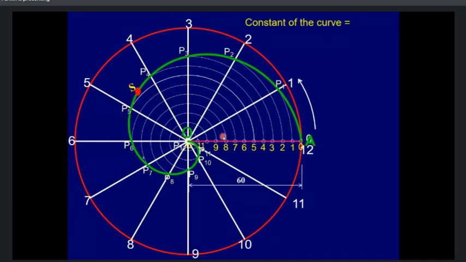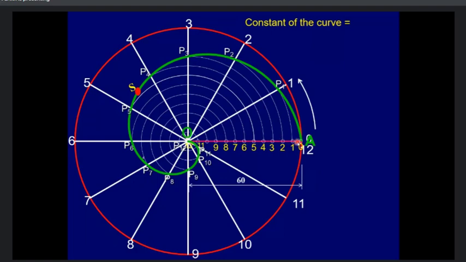For finding the normal and tangent, everyone write down if you want to write it. You need to have a constant of the curve. Now, what is the constant of the curve? For this particular Archimedean spiral, there is one term called the constant of the curve, which is to be constant throughout the curve. It is nothing but the difference between two radii vector divided by the angle subtended between them. Now, what is radii vector?